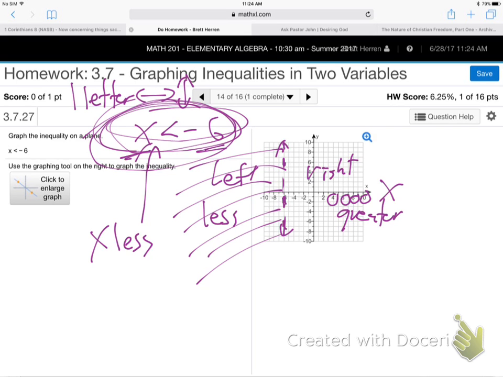Goes left. So then in a sense, would it always be shaded on the left side? No, if they had said x greater than -6, I would have shaded to the right. Because greater stuff is to the right. That makes sense? So whatever they're saying about x in the end, that's how you know which way to shade. X greater, greater is to the right. X less, less is to the left. Good. Are we happy with that? Are we like super happy? Does that make